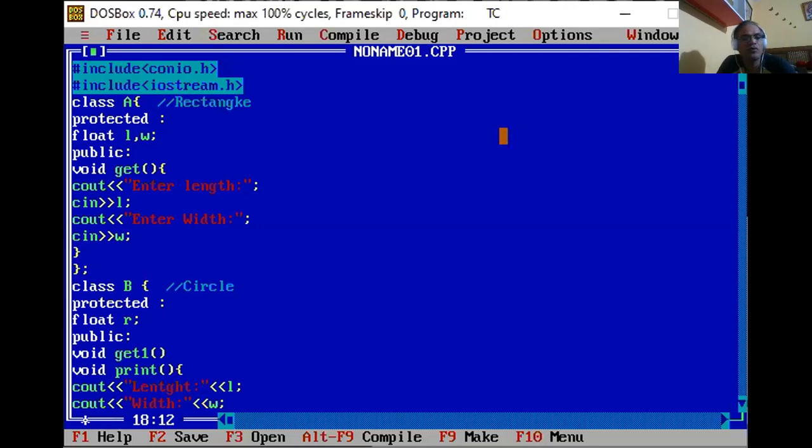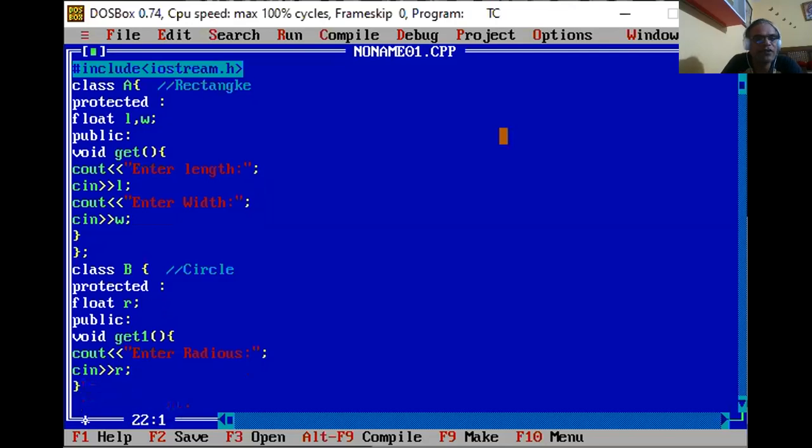We have to use that method to access the value. So we write here cout enter radius, and now cin enter value R. Now we close this member function and we close this class definition B.